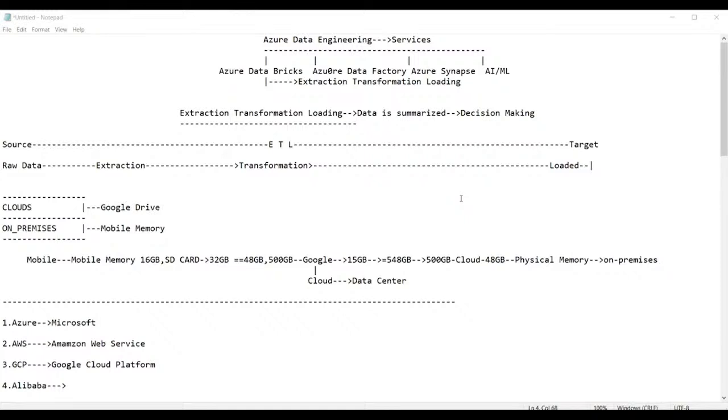But it is asking for a credit card number. Yeah, credit card, obviously. That is for the free subscription. It will charge some 2 rupees from the credit card, and the free subscription will be valid for 30 days. After that you have to go for the pay as you go model. The pay as you go model will cost you based on your usage only.